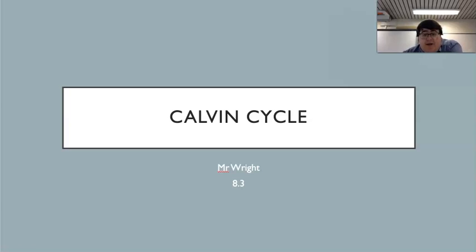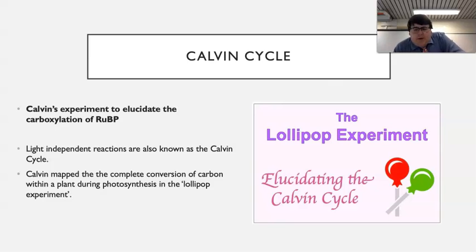We're looking at the last video here, which is a little bit more information about the Calvin cycle. So in this video, we're going to talk about why it's called the Calvin cycle and the experiments that were done to prove the Calvin cycle. So let's begin. We refer to the light-independent reactions as the Calvin cycle because of a scientist named Calvin